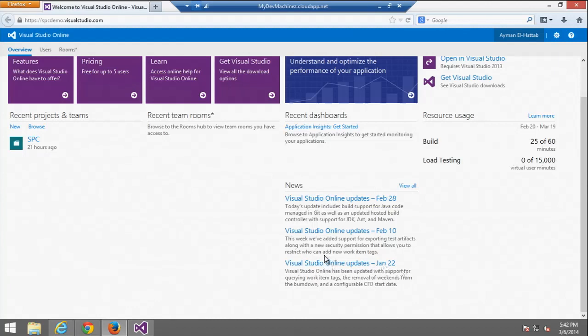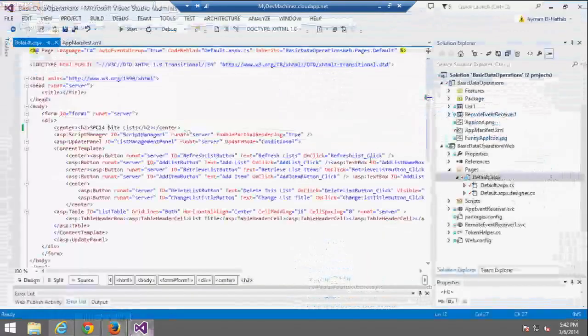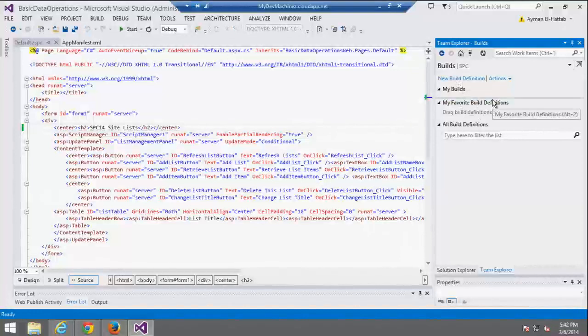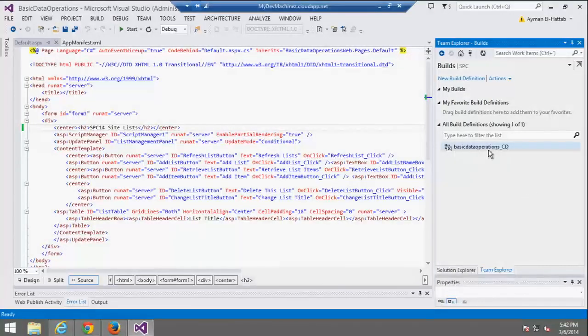Okay. If I go now to my Team Explorer, I don't have any builds, right? I don't have any build definitions. But if I refresh, I'll find that this connection has created a build definition for me called basic data operations underscore CD or continuous delivery.